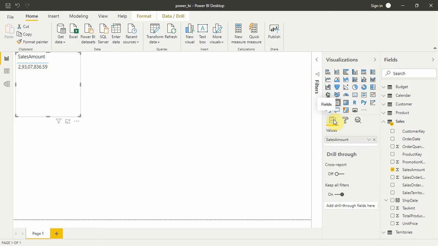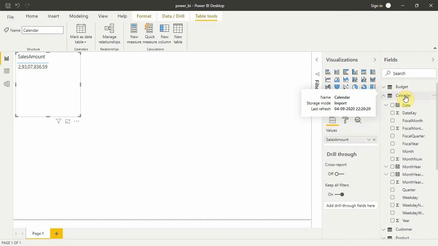Now I'm going to show you the power of modeling. You'll go to calendar. I told you the calendar is one of the most powerful lookup tables, and we'll add year first. We'll just add year here, and now you'll see how it does slicing and dicing.